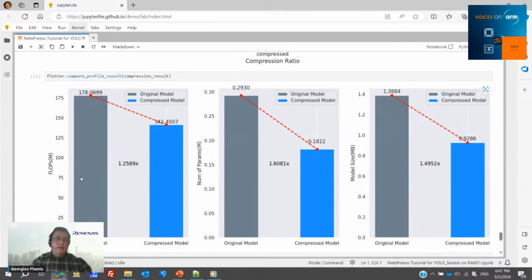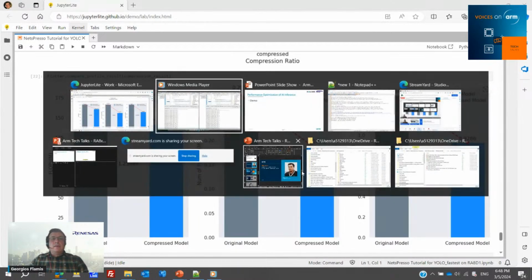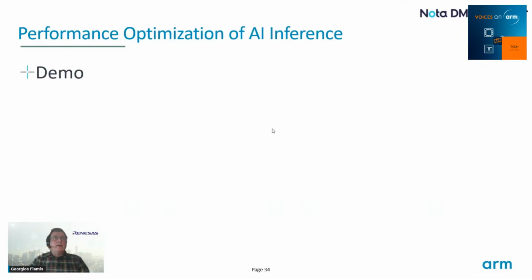In terms of flops, there's an improvement of this size with a compressed size, but that also brings an improvement in the memory requirement, because fewer parameters are used, and accordingly, of course, the model size is smaller. And with that, moving back to the slides, where we can really see the operation and how that works in terms of